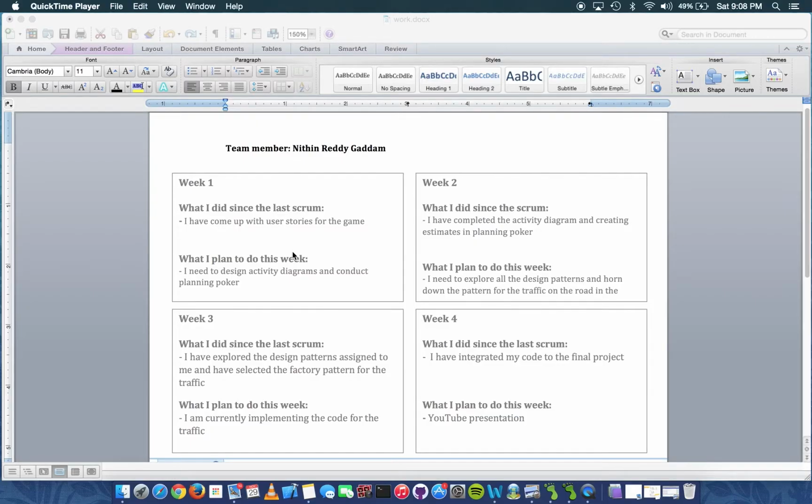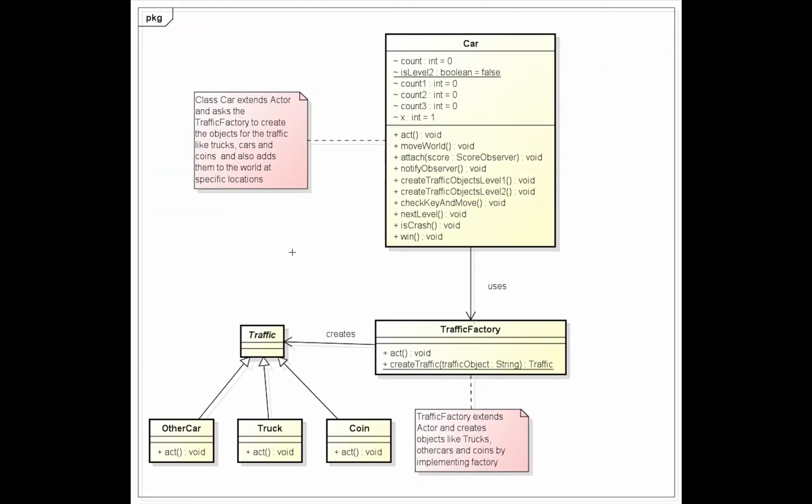Hi, this is Nitin here. This is my sprint report for Sprint 2. I have implemented the traffic on the road. We needed cars, trucks, and coins to appear so the user can maneuver through the obstacles and collect coins to progress through the game. After much thought, I came up with the factory pattern, as you can see here, where